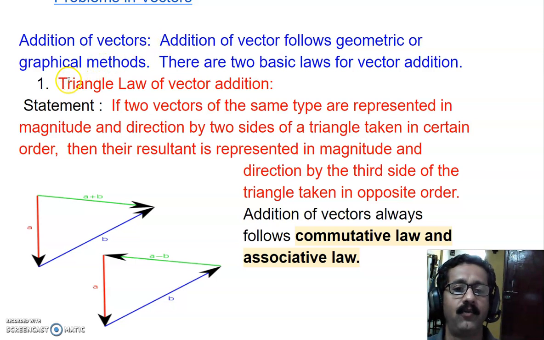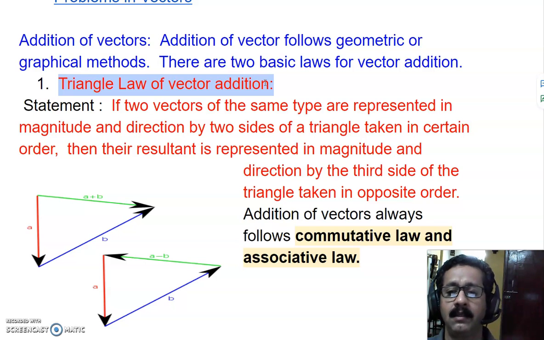Now, in this fourth video of the chapter on vectors, we are going to speak about the triangle law of vector addition, that if I have two vectors of the same type, which are either in the same direction, in the opposite direction, or even in any random direction, you can find the addition of vectors. This triangle law of vector addition happens to be a fundamental law